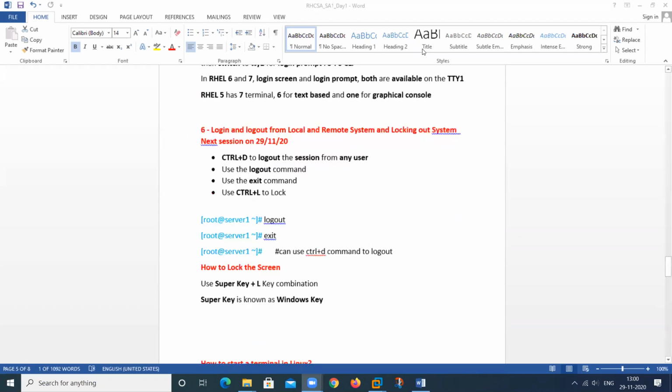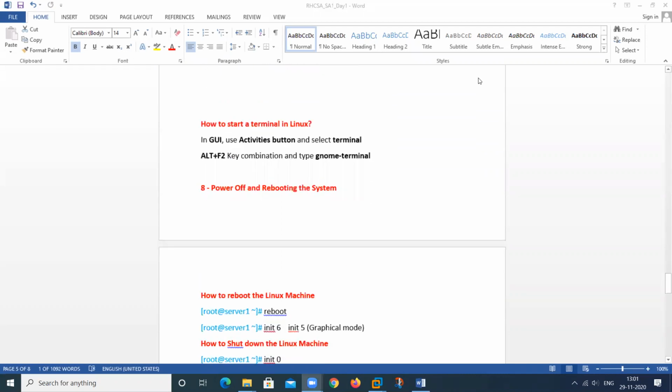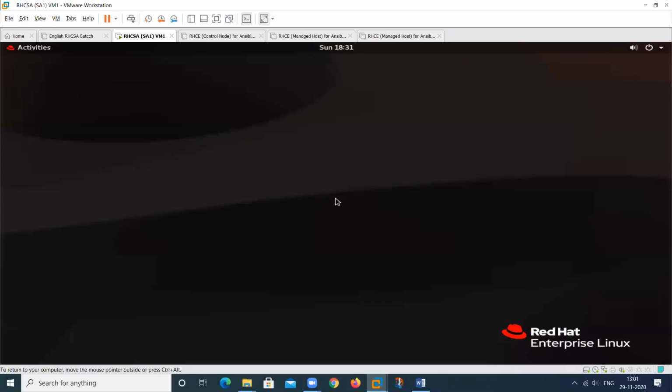So these are regarding the login and logout. If you want to log out of any user, you can use this particular command. We can also use the exit command, and we can also use Control D. And this is to log the account. So these are the commands that I will show you. To log in, we can use this command. To log out, we can use this command, and this command. So these are the commands to log in and log out. Then we will move to this one. I will show this part also.